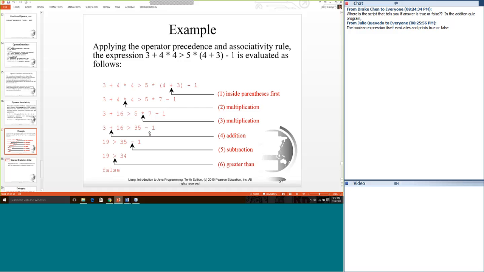Okay, and there's a chart you can take a look at, and they actually quantify the level of precedence with a number. And the number that's quantified for addition is the same number as subtraction. Gotcha. So it's not exactly like PEMDAS. It's not exactly like PEMDAS, right?